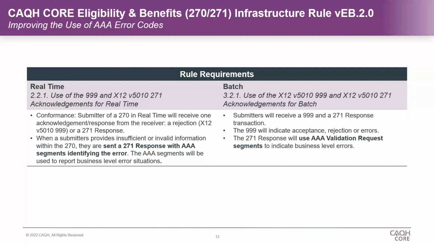Yeah, today, the 271, it's pretty clear in there that when you have an error, there's some, specifically on the EB segment in the 2110C or D loop, technically you're required to send back the EB loop unless you had a rejected response. So there is right now no way to identify if a rejection response is so significant that it has to halt the whole response, and then essentially you return the error and you give that indication that it's a soft error versus a, oh my gosh, the sky is falling error.